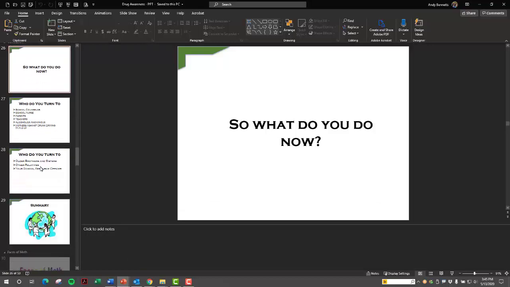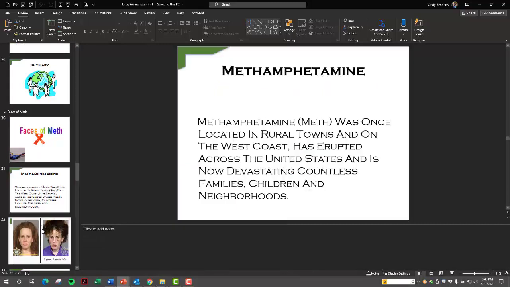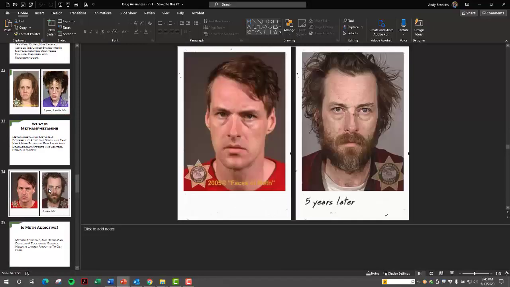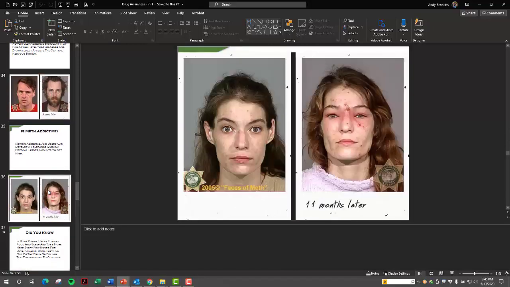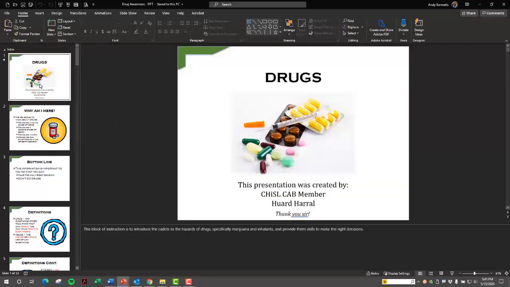And then the second half of it is a Faces of Meth. As with any lesson, I recommend reading through this beforehand, but go ahead and take a good look at this before you show it to students. It may not shock them, but hopefully it will a little bit to keep them away from this nasty stuff. So thanks to Heward for giving us access to those great lessons.